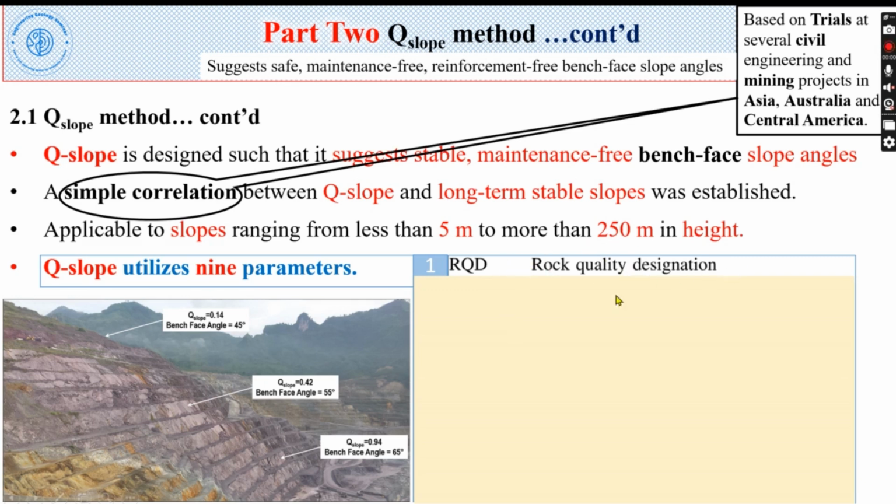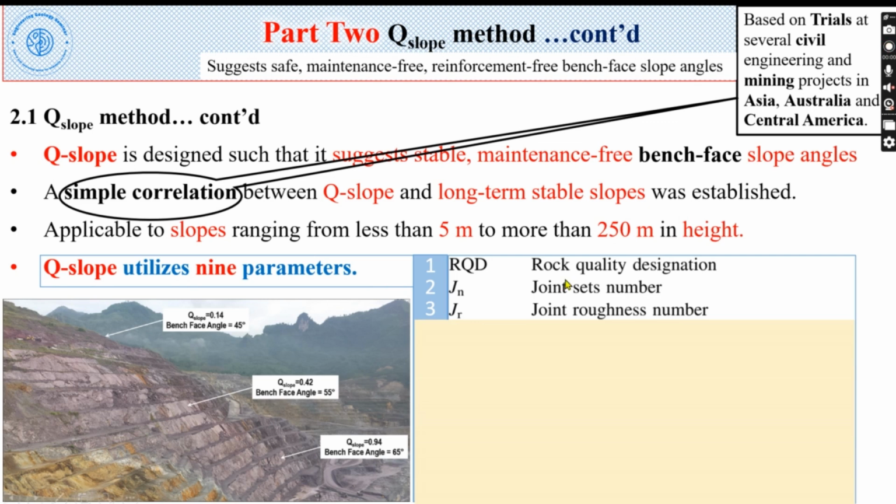So the first parameter is RQD. RQD means rock quality designation. It can be determined on site based on visual observation. Very easy method. I will show you the easy method. The second parameter required for Q value determination is known as joint set number. How to determine the joint set number on site, this also I will explain in detail. The third parameter is known as joint roughness number. How do we get the joint roughness number on site after the ground, or the rock mass, is